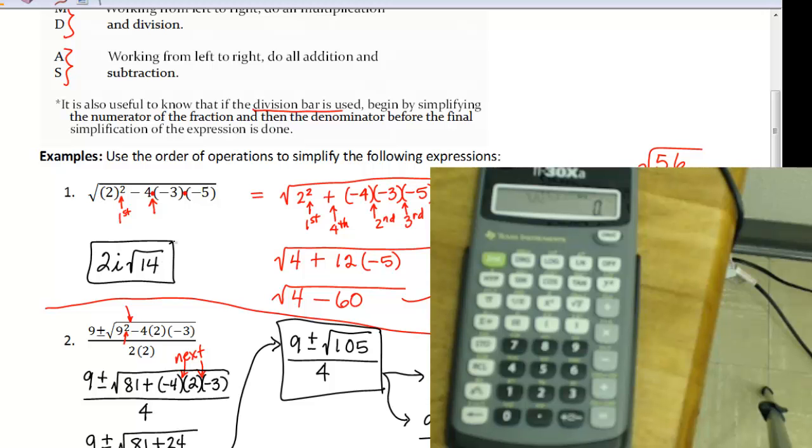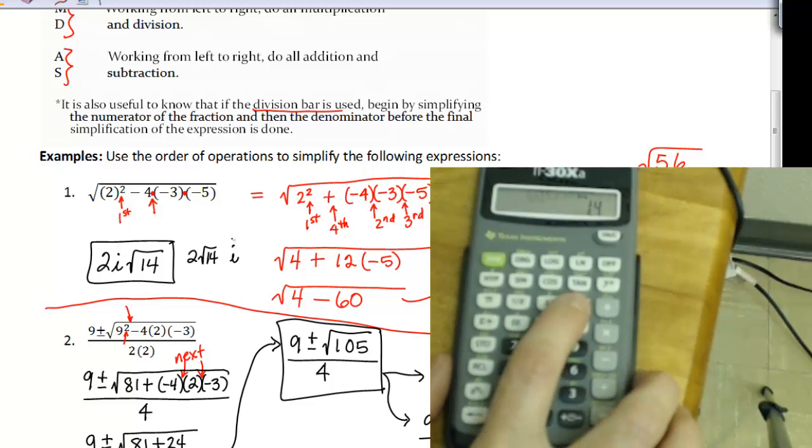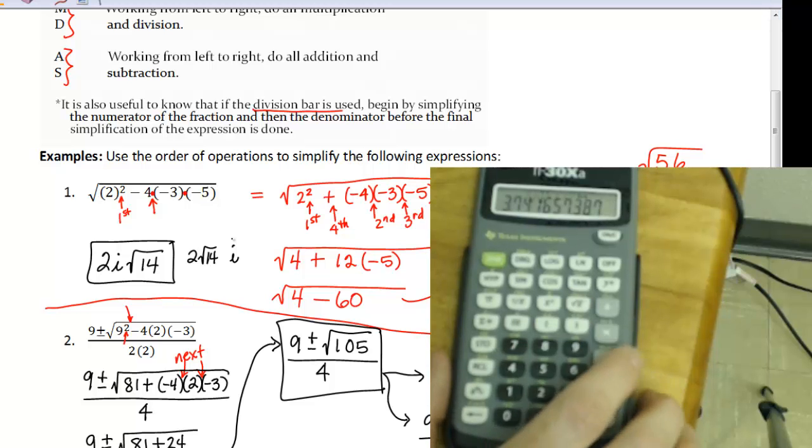Now, to convert this one into its equivalent form in a decimal, I need to multiply the 2 times the square root of 14, so I'm going to change the order slightly. It'll be 2 times the square root of 14, and then I'll write it as times i. So to do that, I'll put 14 in on the calculator, take the square root of it, and then times 2 equals, and I have